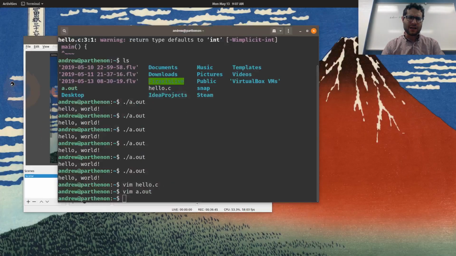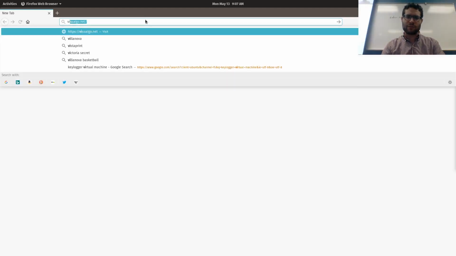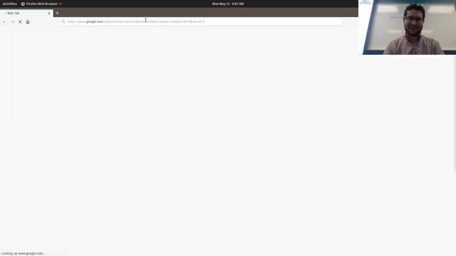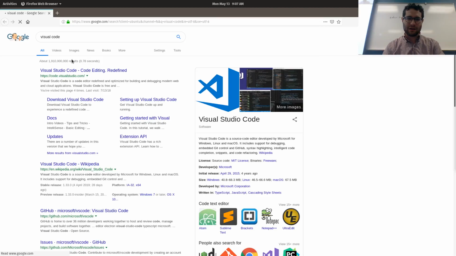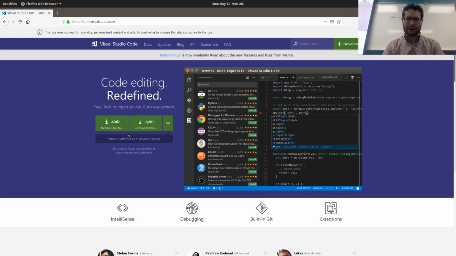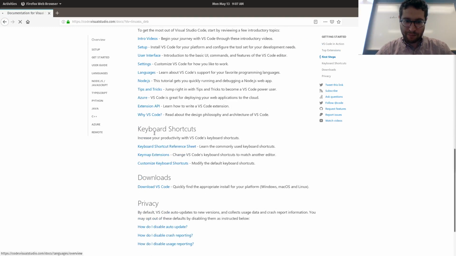I use a program called Geany, which I'll be using in a bit. But one that's made by Microsoft, which is particularly good because they made it open source, is Visual Studio Code, code.visualstudio.com, and this is a free program that you can download. I'm not sure how to get it working on here, but I hear it's quite good. Sorry that I'm not too much help there. I haven't used Visual Studio Code most of the time, though. I can go ahead and install it and see what happens.